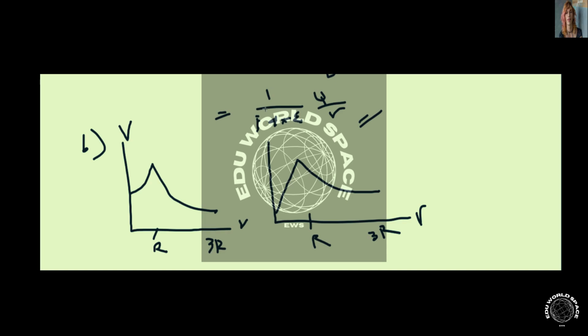Here, this looks like it's part of part a, so let me just make that clear. So this is the graph of E versus r. And that's it for this